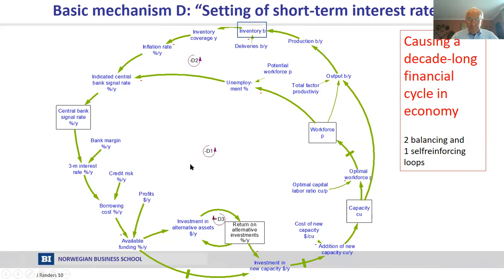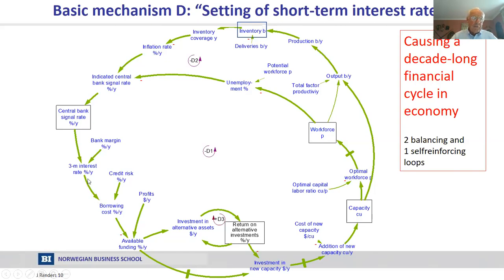This is the first and the core of the financial economy in our hypothesis, and it differs strongly from most other people's attempt at doing the same thing. So we start from the point of view of available funding, which is largely the profits of the incumbents, but of course supplemented with whatever external capital these investors can manage to get hold of. And the borrowing cost is of course what determines how much external capital they add to their profits in order to get the available funding.